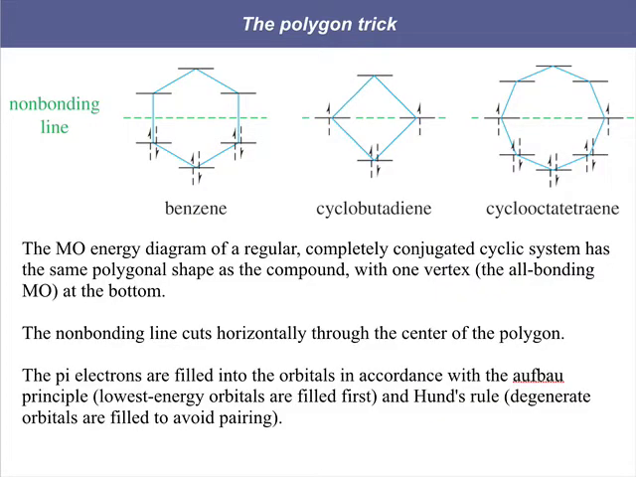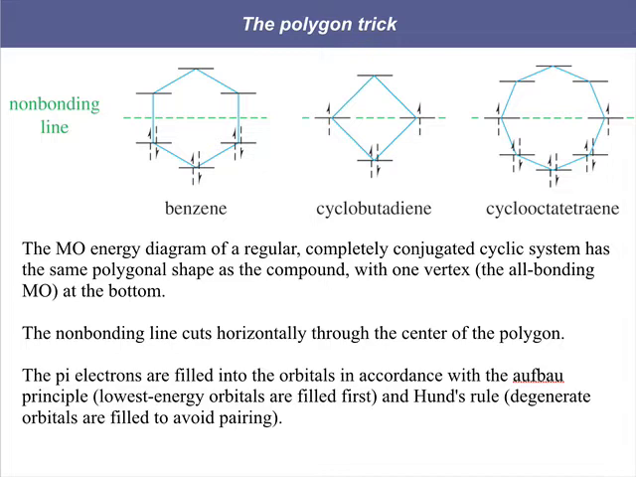So that picture that I used, this simplified picture, is sometimes called the polygon trick. Kind of depends on what text you're using. I was always taught it as the polygon trick. These are also called Mobius diagrams. But there's a trick that you can use to predict the orbital arrangement of the molecular orbitals in a cyclic